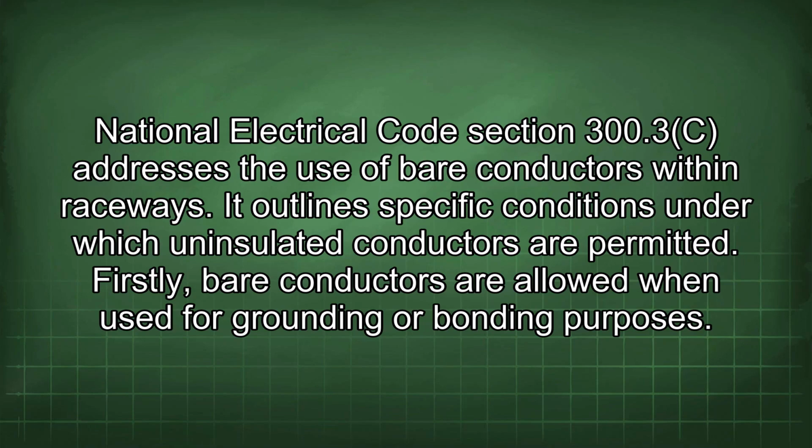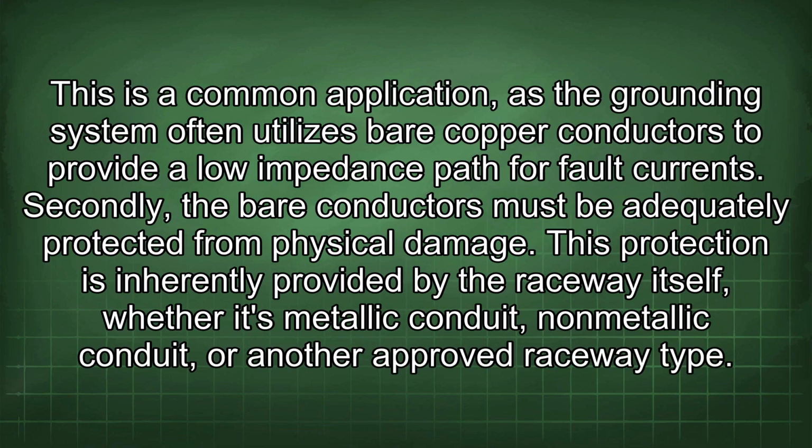National Electrical Code Section 300.3(C) addresses the use of bare conductors within raceways. It outlines specific conditions under which uninsulated conductors are permitted. Firstly, bare conductors are allowed when used for grounding or bonding purposes. This is a common application, as the grounding system often utilizes bare copper conductors to provide a low impedance path